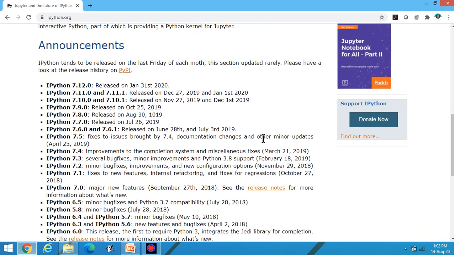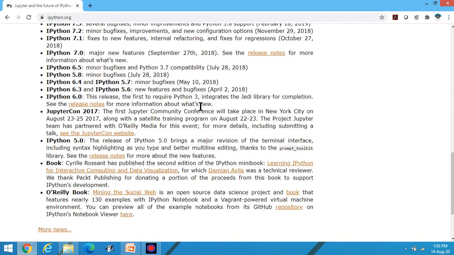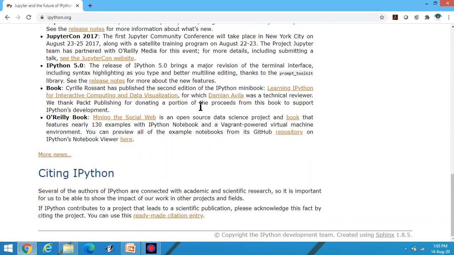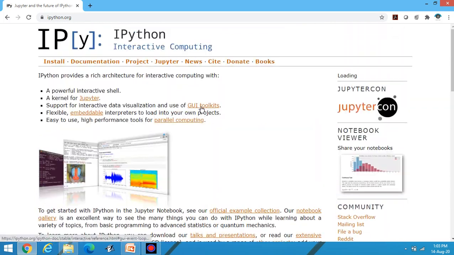To make the web page interactive. Presently the version is 7.12.0, released on January 31, 2020. And with the help of PyPy, you can use this. These are the contents. Python interactive shell, kernel for Jupyter.